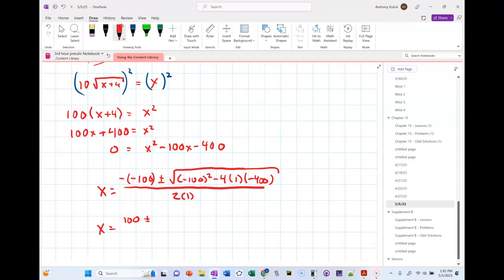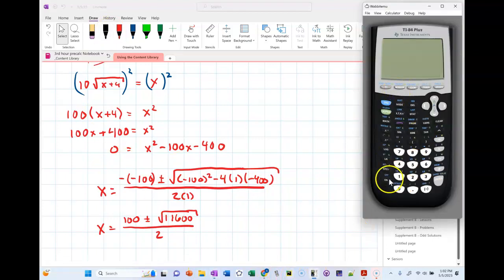So 100 squared is 10,000, and then plus 1,600. So that's going to be 11,600. And that I can simplify. Let's actually even check to see if it's a perfect square. I doubt that it is, but